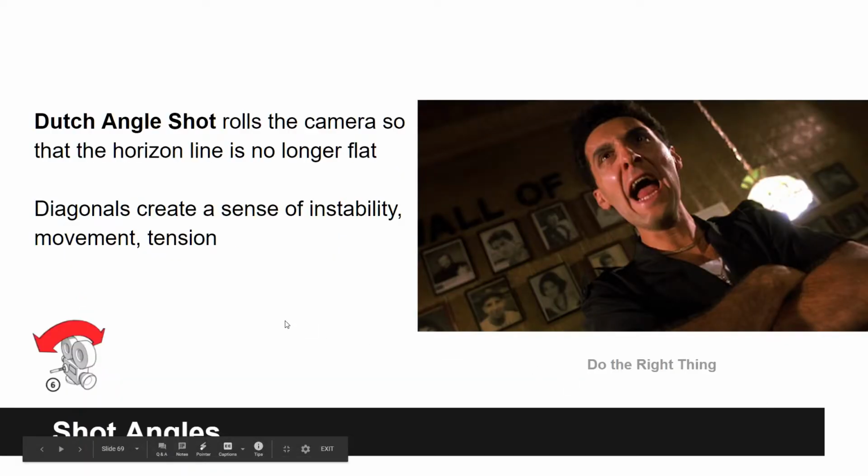So this leads us to the Dutch angle shot. Most shots are just neutral shots, but a Dutch angle shot is where the camera is now being rolled, right? The effect it has is that horizontal and vertical lines that exist in our world, like the horizon or just the walls in a room, all of a sudden are no longer vertical or horizontal, they're diagonal. And this creates a sense of instability,